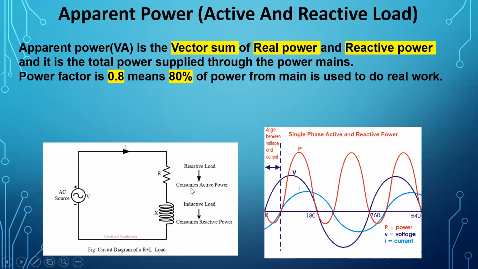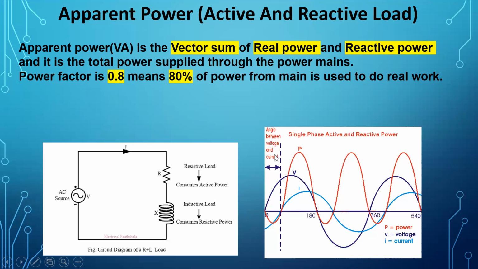So at the time of resistive load, both V and I will be in phase. At the time of inductive load, there will be some difference in the angle between voltage and current. It will not be 90 degrees as we have in the pure reactive power. In pure reactive power, it is pi by 2, a 90 degree phase difference. But here both loads are connected, resistive and inductive, so the angle difference may be less than 45 degrees.